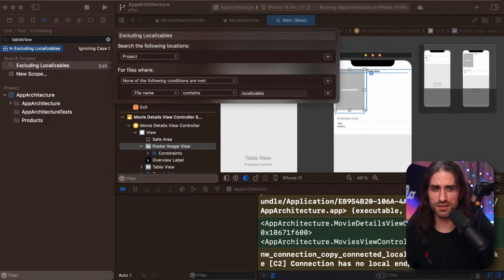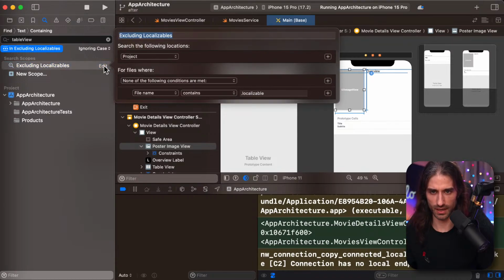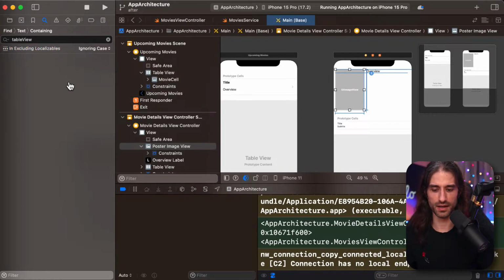So maybe you can commit a given file in Xcode that I'm not aware of. Maybe there is a way to commit it, but by default, it's not committed. But I agree that being able to share it at a team level could be very useful. Either you can commit it, or I'm sure that there is somewhere a third-party tool that does the job for you. I'm sure of it, because I remember reading about such a tool. I just forgot about it, but I'm pretty sure that there is such a tool that does exist. But this ability to exclude scope is very useful. I've used it in the past, I think for localizable, and it did save me some time.